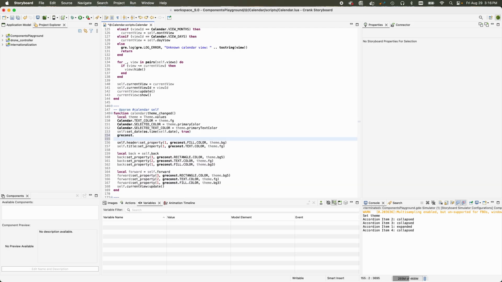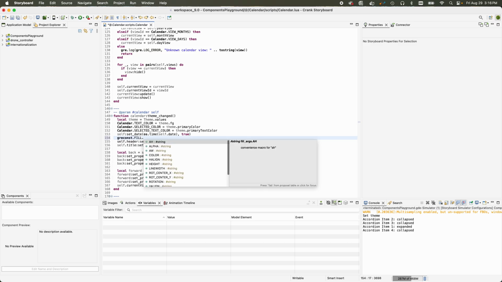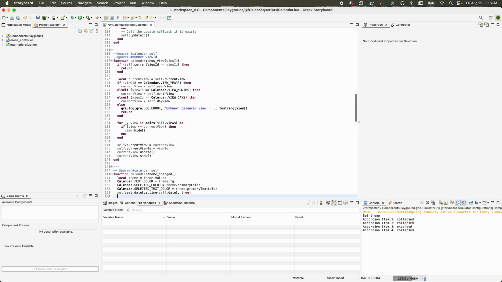So through this GRE const table, I can access all of the fill arguments that I might need or want to change. So this is just an easy way to know exactly what the argument names are that you're going to want to use